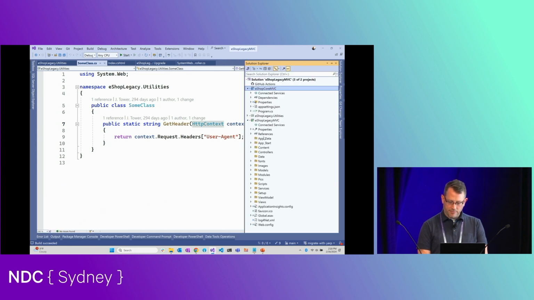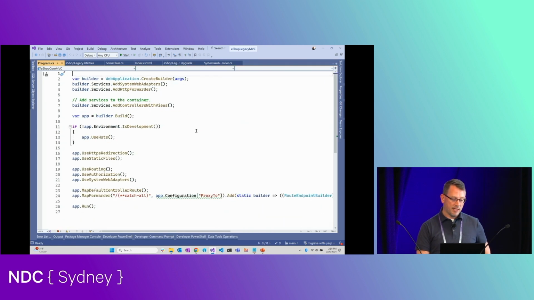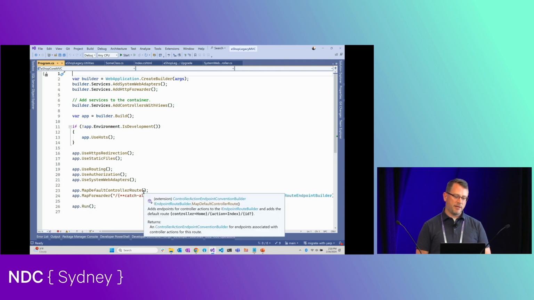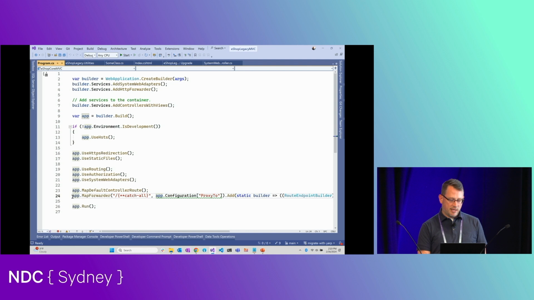Okay, yep. Sorry, I haven't actually done the step that'll give me errors yet. So let me actually just show you a couple configuration things, and then I will show you that we actually have this working. Okay, so if you'll notice here in my modern application, there is a map forwarder